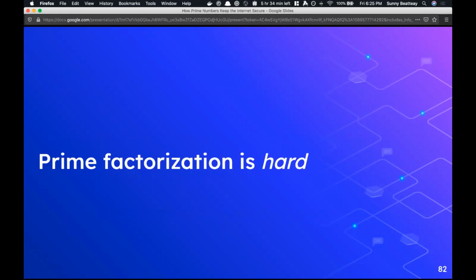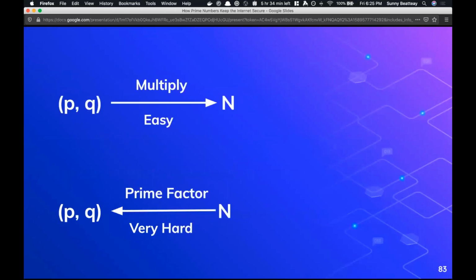Determining whether a number is prime is very difficult. To give a sense of how difficult this is, say we knew the values of p and q. Multiplying them together to get the value of n is a very easy process. However, given a value of n and being asked to factor it into the two numbers that made it up is very hard. Because in the first case, we just need to multiply two numbers together. In the second case, we need to literally loop through all the combinations of p and q to find the correct combination.